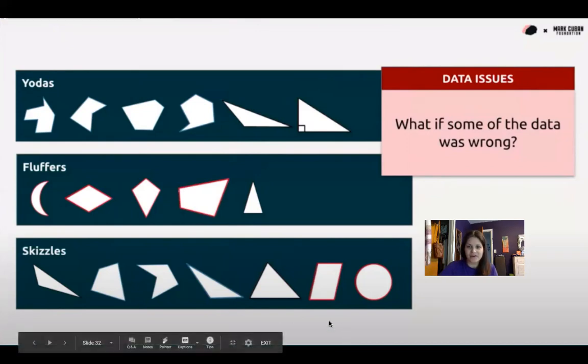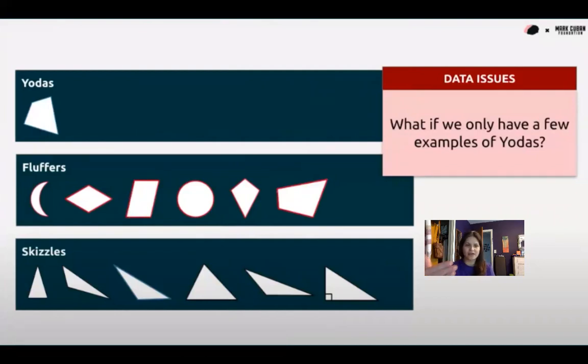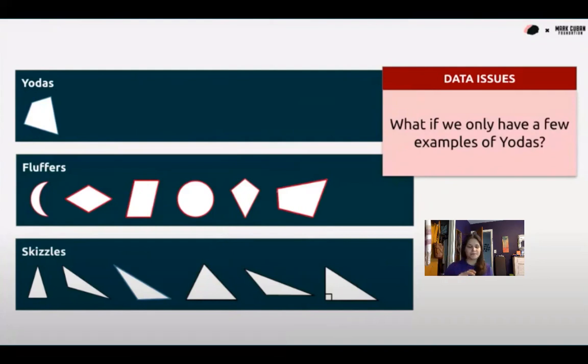And then another issue that can come up with data is what if you don't have enough examples of a particular category? So like here, we don't have enough examples of Yodas to really be able to figure out what the heck is a Yoda. This was actually a really big problem. The example that they gave us was with the facial unlock feature, like early facial recognition software from Google and